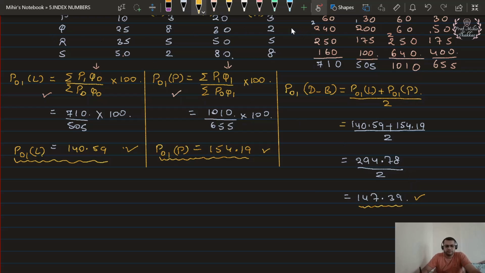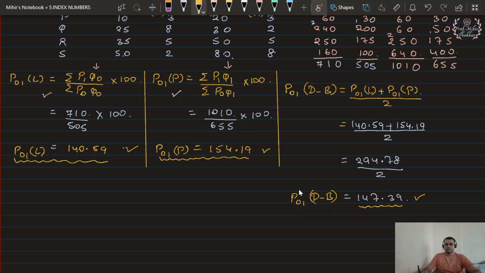So if you observe something very carefully, different formulas of index numbers are giving us different answers, even though the data is same. So many students think that for same data there should not be different answers. So you have to remember that in different calculations we are using different numbers, either multiplying or dividing or adding different values. That's why we are getting different answers. So don't be under confusion about why we are getting different answers over there. This is the Dorbish-Bowley index number.